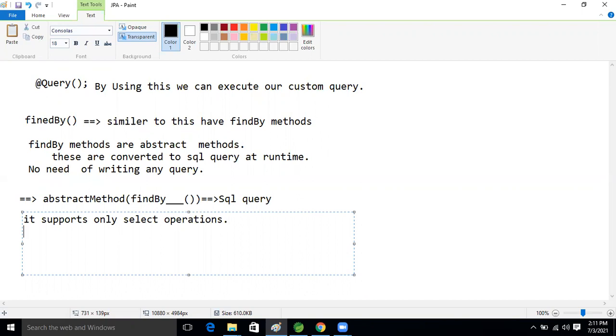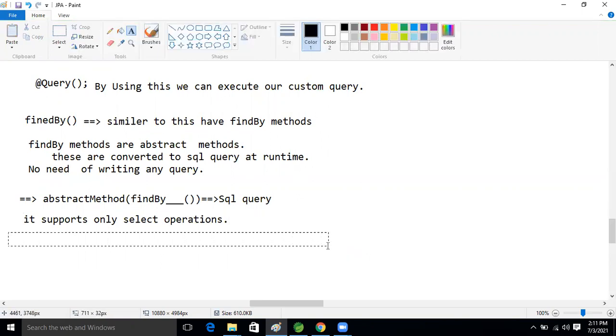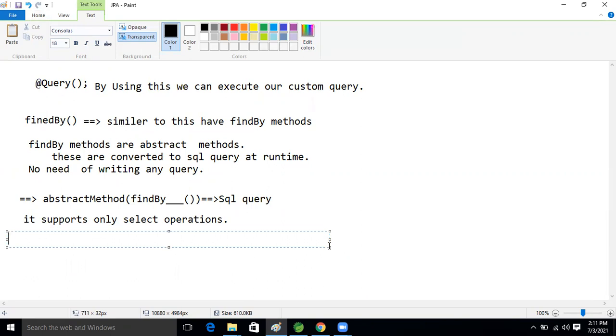Another point about the find by method: we should follow some rules when writing it, then our method will work. Otherwise the IOC container will not be able to recognize that method, guys.